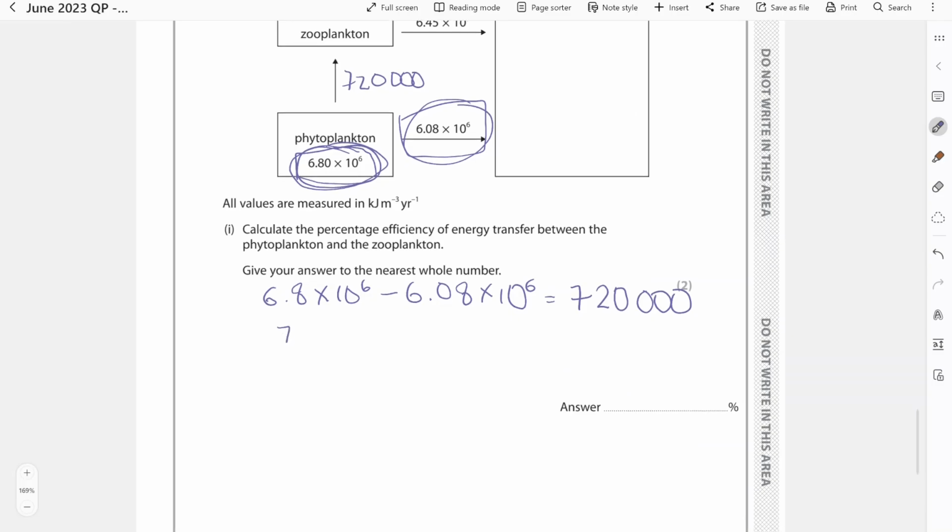So 720,000 over 6.80 times 10 to the power 6. And because it's a percentage, we times it by 100. So let me write that down in the calculator. And we get